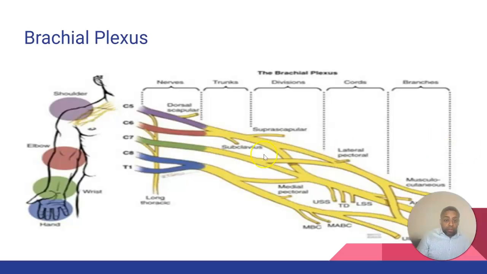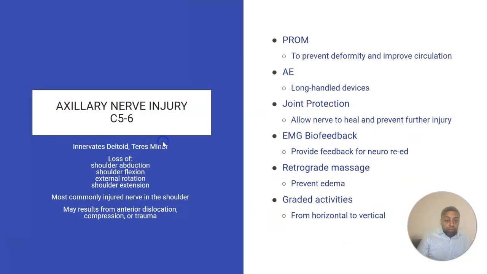Why is this important? Well, it's important because these nerves innervate essentially the entirety of the arm, right? The nerves that come from these regions innervate the entirety of the arm. And so damage to that area could be very devastating in terms of the function of the arm. Now, when we look at specific damage to specific nerves that come from the cervical spine,